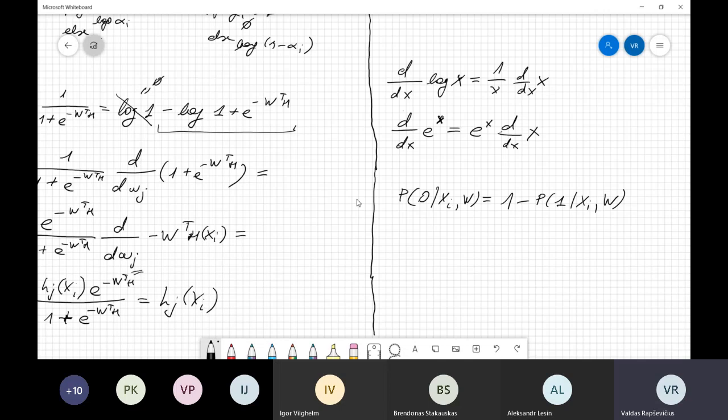So this rule implies that this actually equals 1 minus the sigmoid function, 1 over